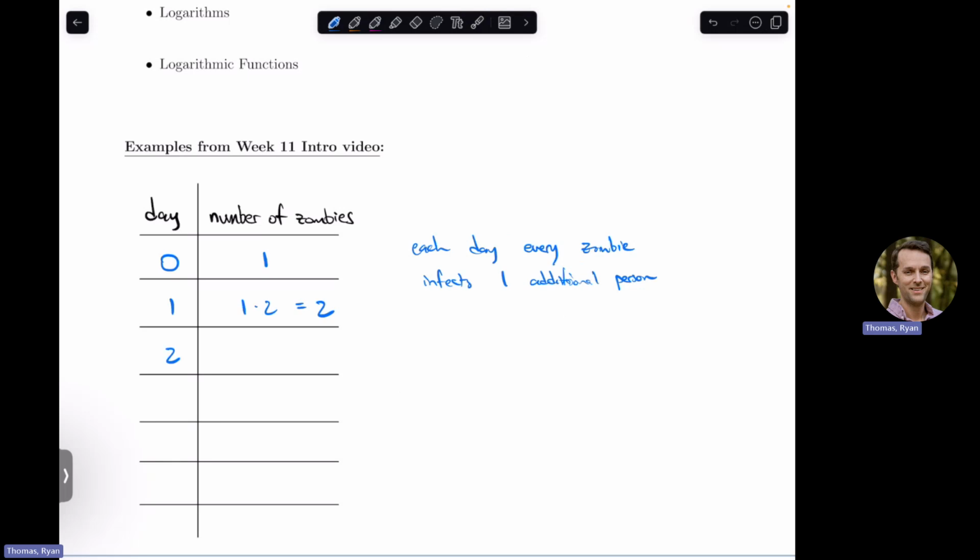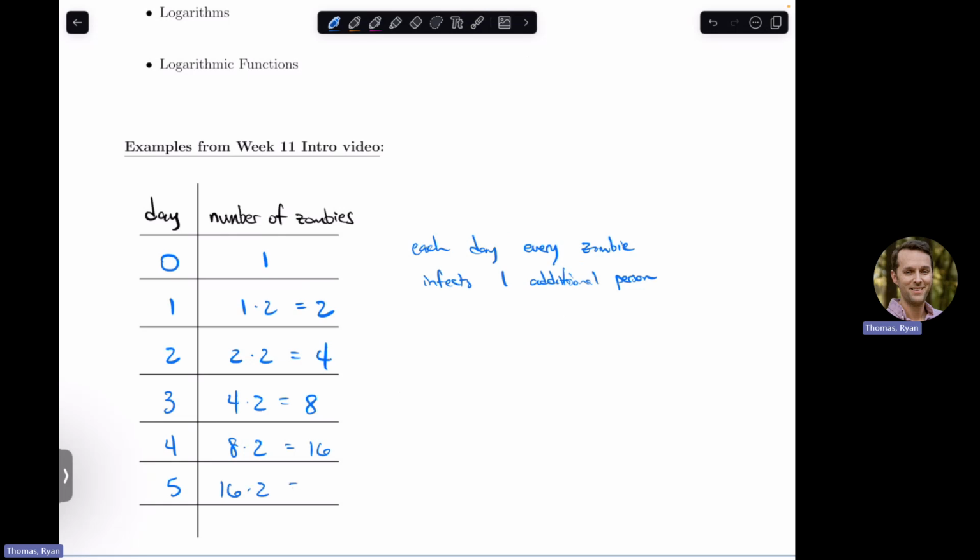The next day, now there are 2 at the beginning of the day, but if they each go out and infect another person, we're again multiplying by 2, so we get 4. So what's happening is that the number of zombies is doubling. Day 3, we start with 4, that doubles to give 8. Day 4, we start with 8, that doubles to give 16,